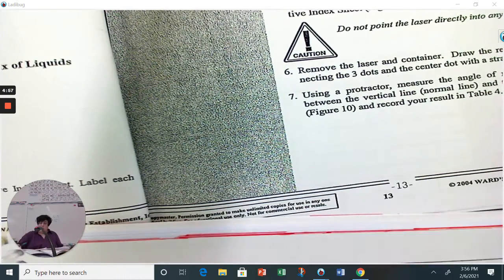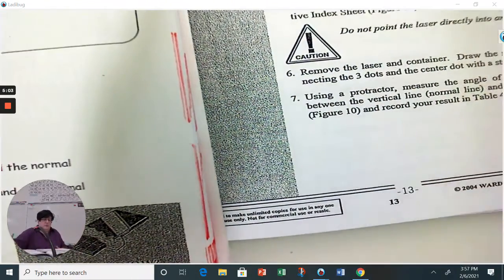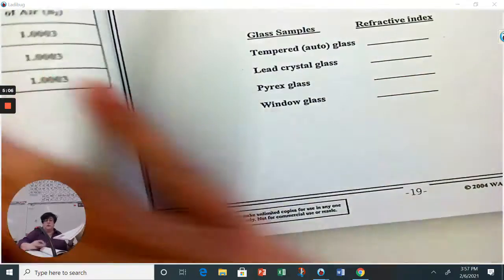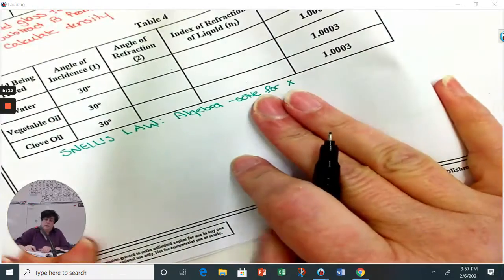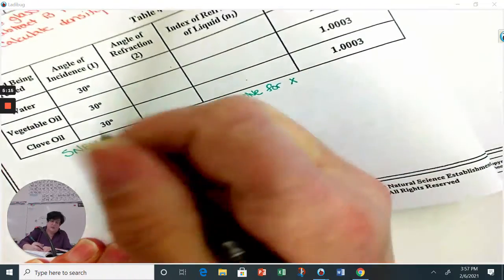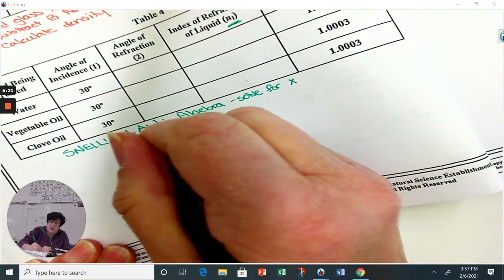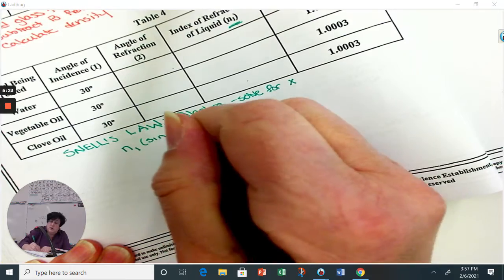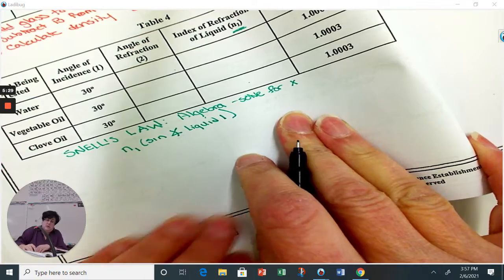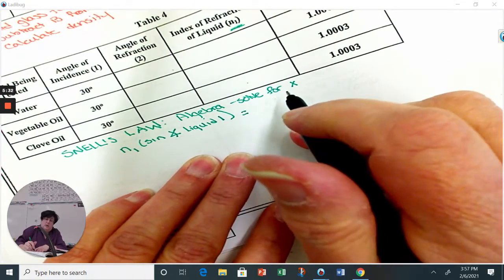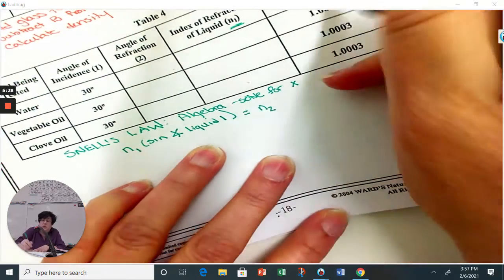For Snell's law, go back just so you can write it down because we need it. There's these numbers. So the refractive index of liquid 1 times the sine of the angle in liquid 1 is going to equal the index of refraction in medium 2, which we're going to say is air,